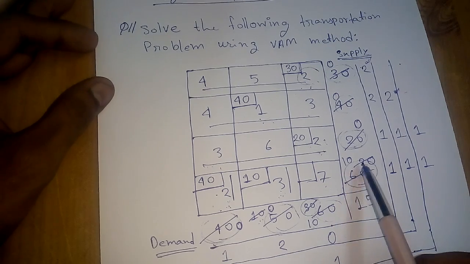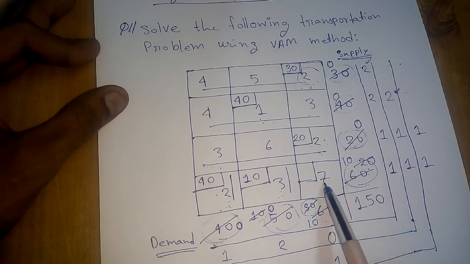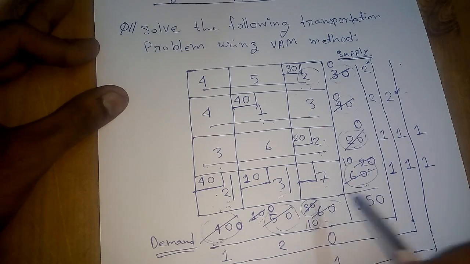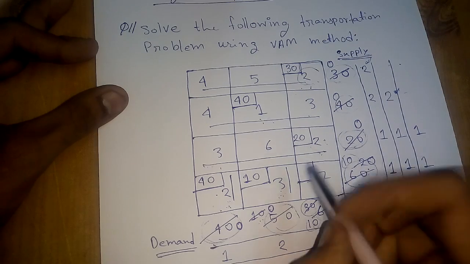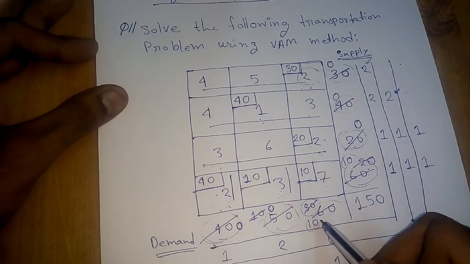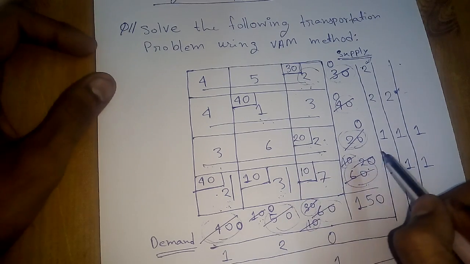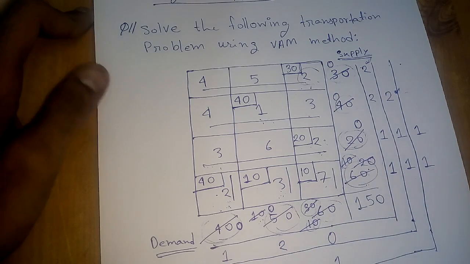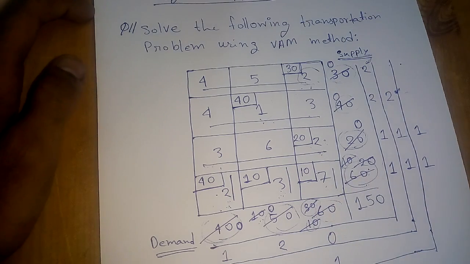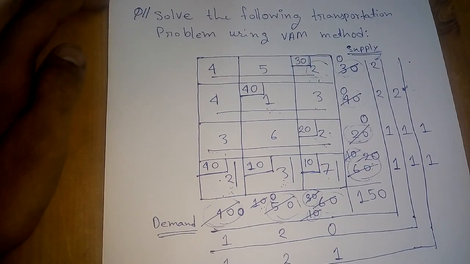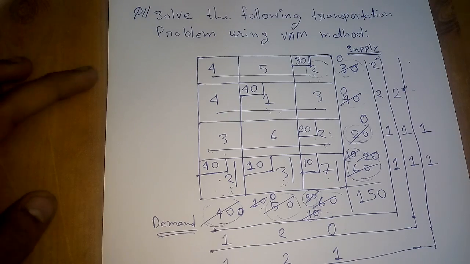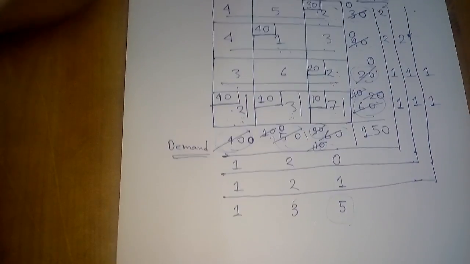So now the last value here, I've selected this box, and the value is 10, and also the value is 10 here. So I will write 10, and I have to cancel both 10s, and this column will also be cancelled. As we got all of the values here, now we have to calculate the total value,